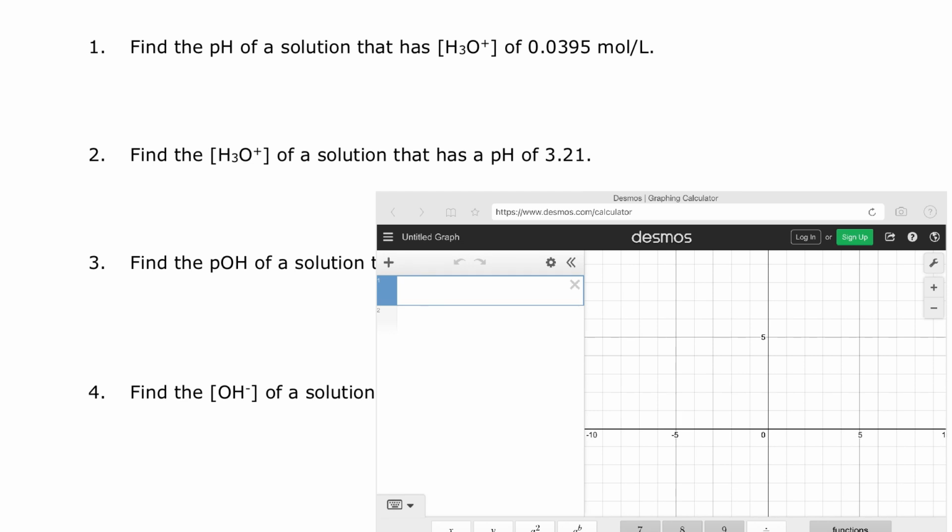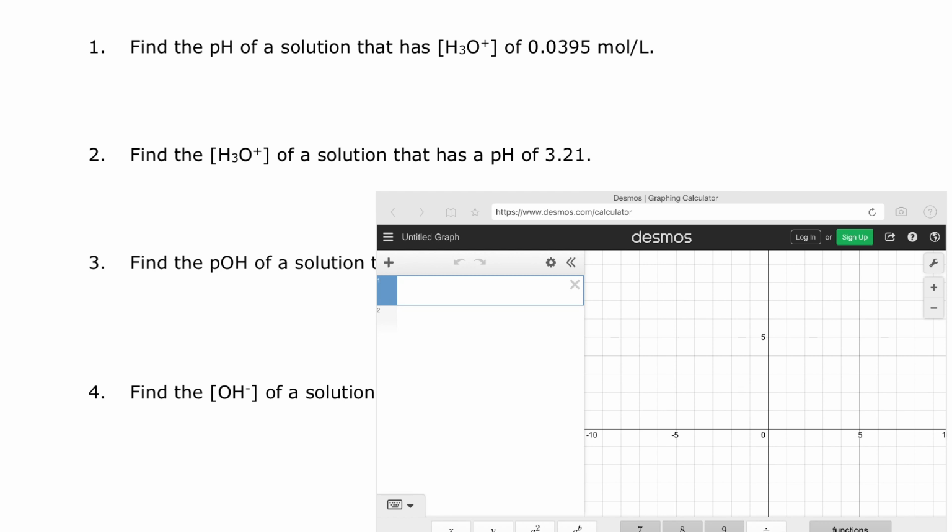Okay, here's just a quick little video on finding pH or finding hydronium ion concentration of a solution. I'll look at sig figs and scientific notation. So the first question says, find the pH of a solution that has a hydronium or hydrogen ion concentration of